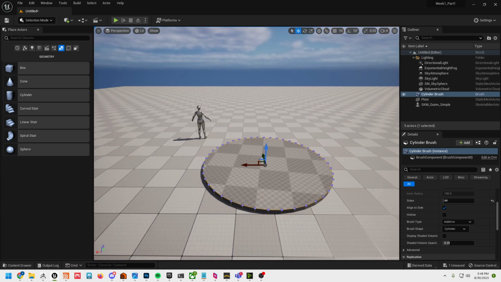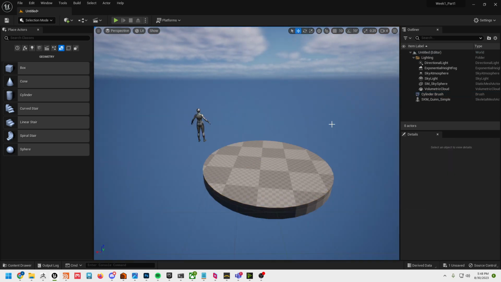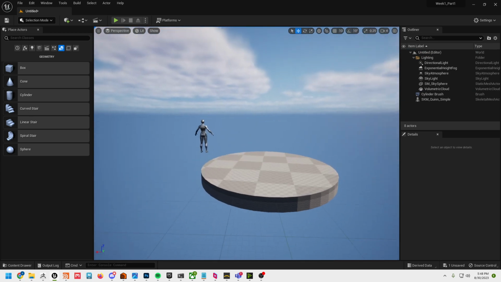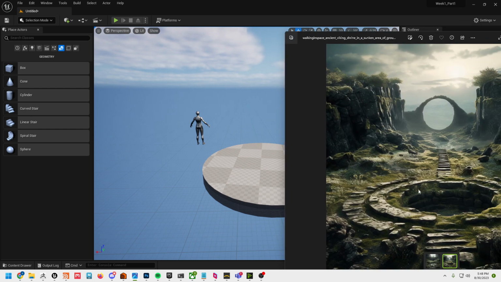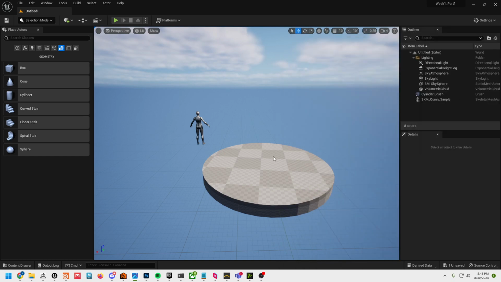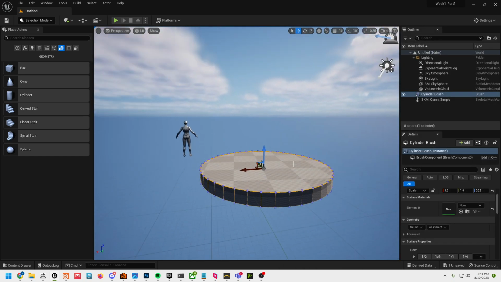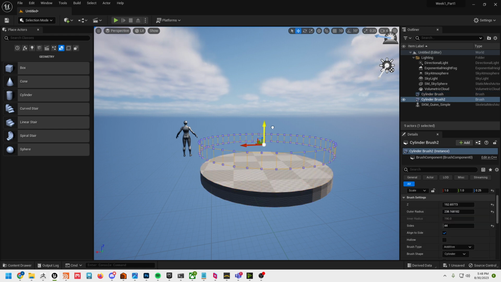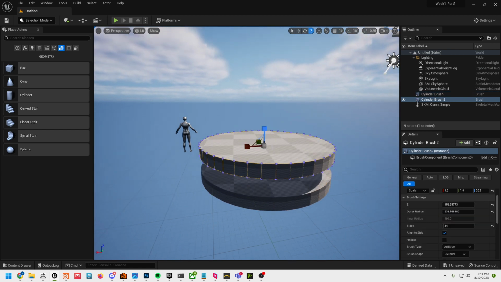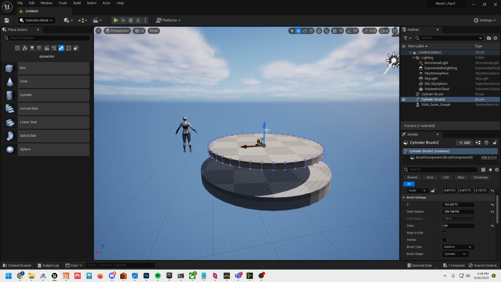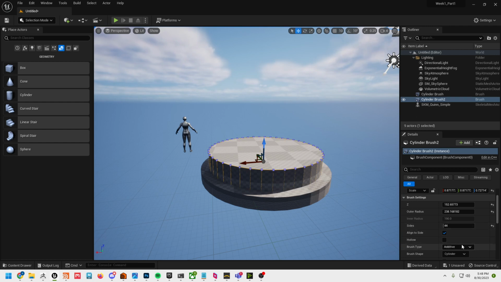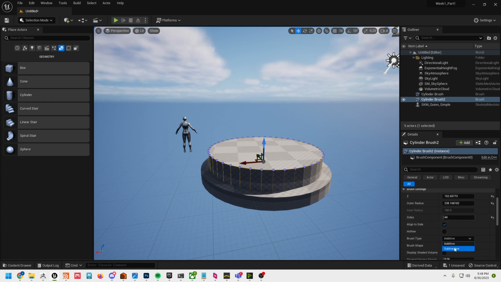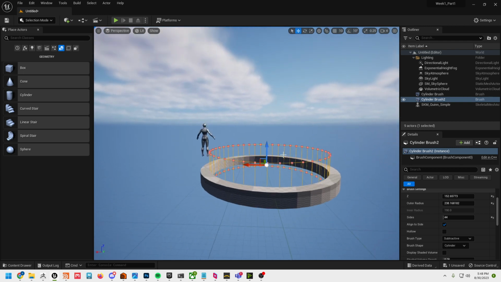And then now that I've got this main piece here, I'm just going to delete our ground plane and just kind of work out from here. So for this well, you can see it has these rings and then it cuts into the ground. Remember, at this point we do not want detail. We just want a block out. So I'm just going to take this piece, scale it down, scale it vertically, drag it down, and then over here under brush type, I'm going to set that to subtractive, and it's going to cut that well out for us,